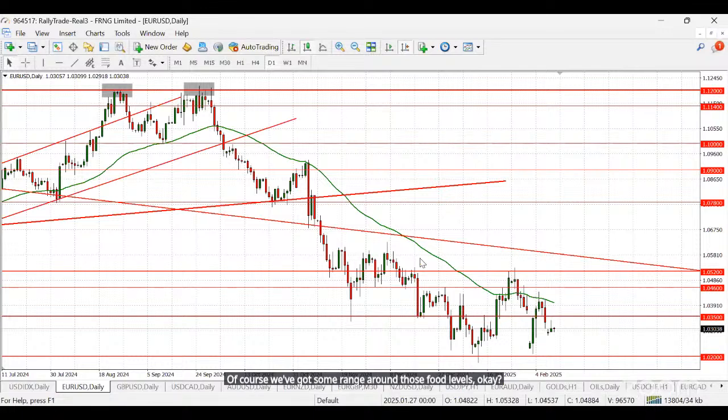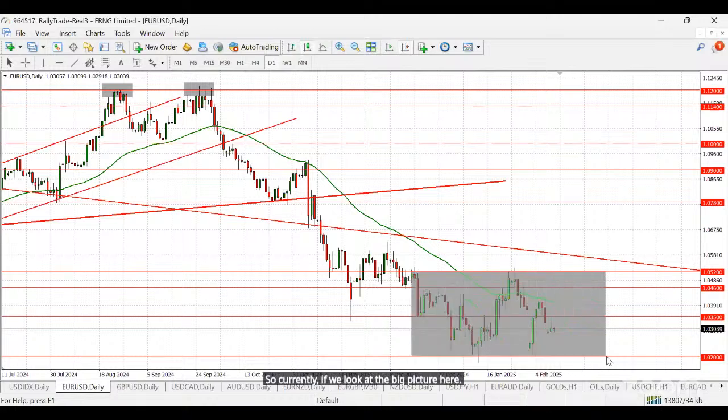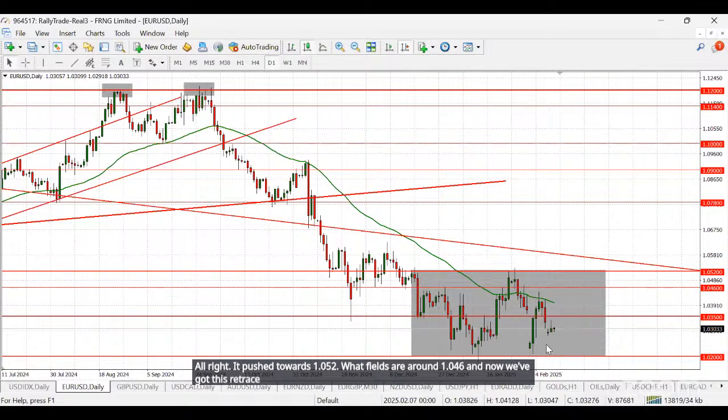So currently, if we look at the big picture here, we tested 1.052 and came back to 1.02. It pushed towards 1.052 but failed around 1.046. And now we got this retracement, and currently price is here. Okay, so for Euro USD,